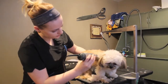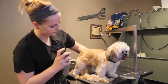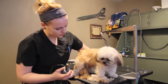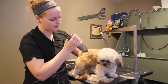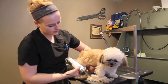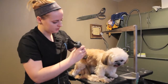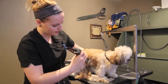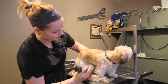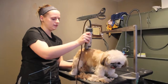As you're coming down the side here, take it on a downward angle, but for this area right here, there's loose skin. So I usually just put my hand there and take it this way. You don't want to go at it this way, or you could cut the little flap of skin there. So go at it this way, on a downward angle, and a little bit going towards the front of her. So now for her legs,